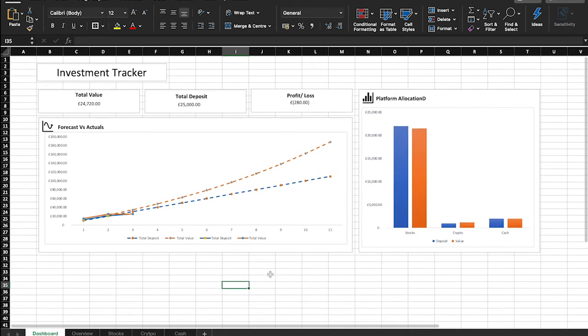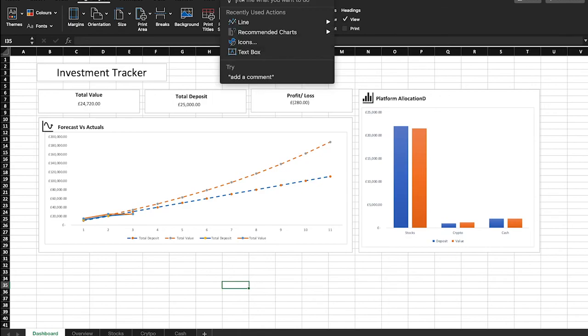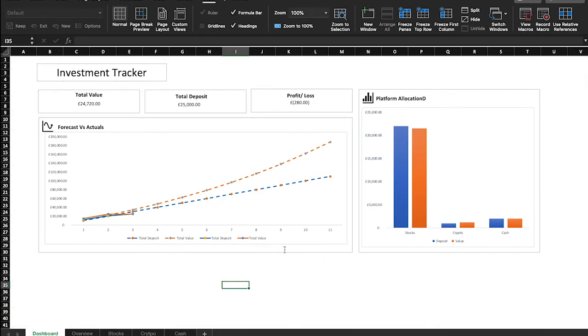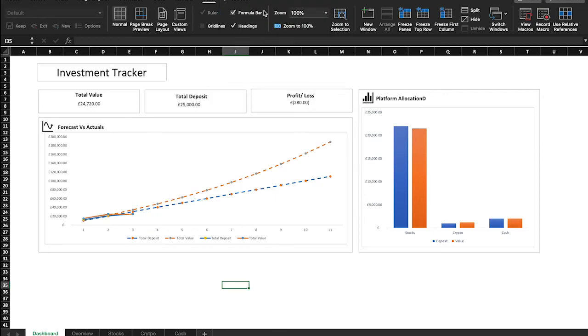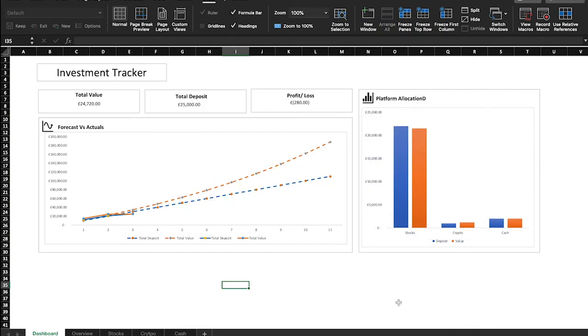Okay, so another thing you want to do to make it look really quite nice is go into page layout and delete the cell lines, so hide cell lines. So I believe that is in view. So grid lines, no, we don't want grid lines, we can delete that. We want to go on and choose a background. They used to be able to do it straight from Google. But again, you can download whatever kind of picture you want and put it in there. So there you go, that comes up with the kind of semi-automated